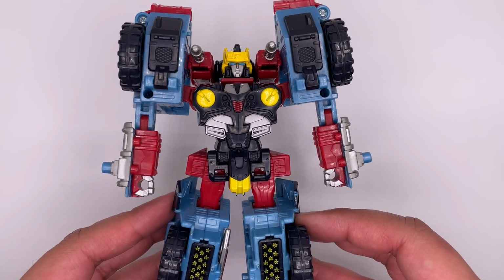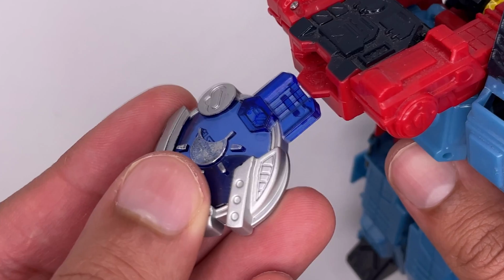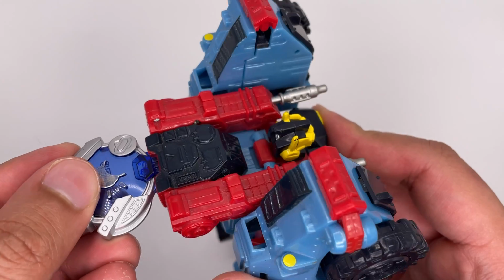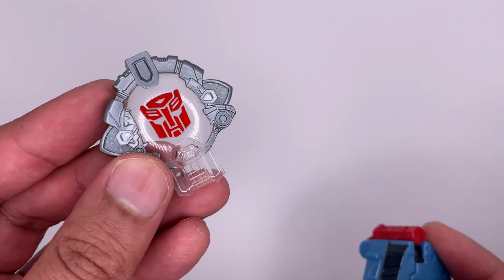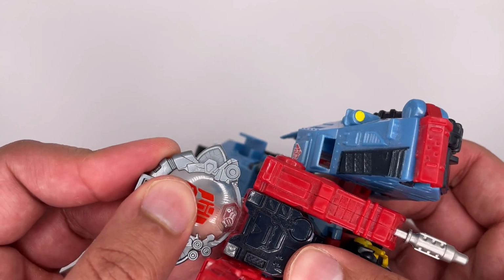Now here's a closer look at the figure. Here's the front, side, and back. Now moving on. The cyber key goes in here, and yes, I did accidentally grab the wrong cyber key, but we're gonna pretend that I did that on purpose because I'm trying to show you that it is compatible with the Hasbro keys. In all seriousness though, this is the actual cyber key that comes with it, and there's really no difference in them besides how they look. Sometimes both of these don't flip up the...